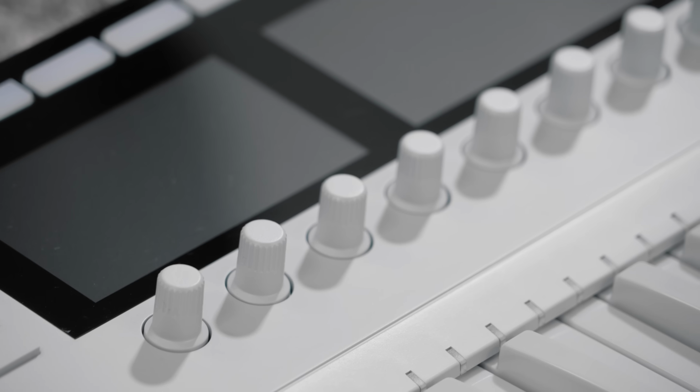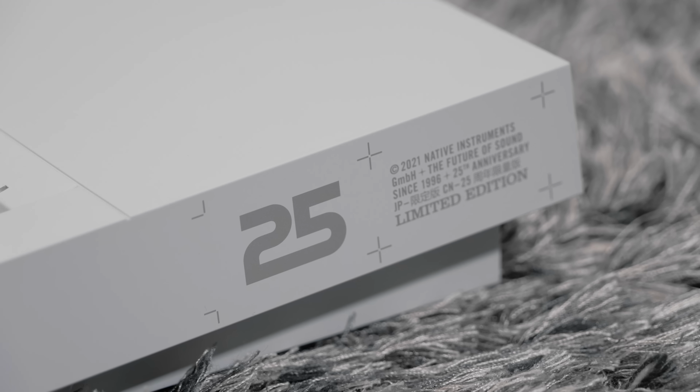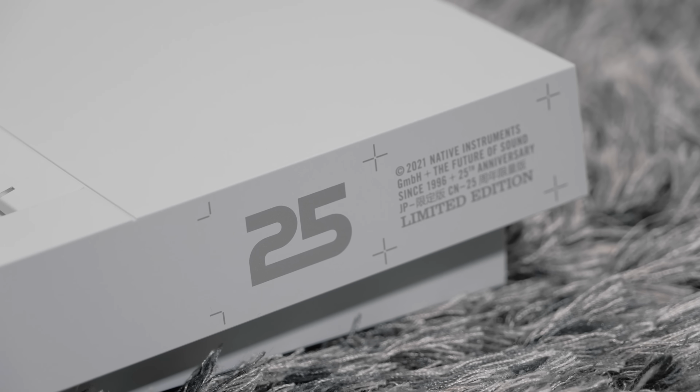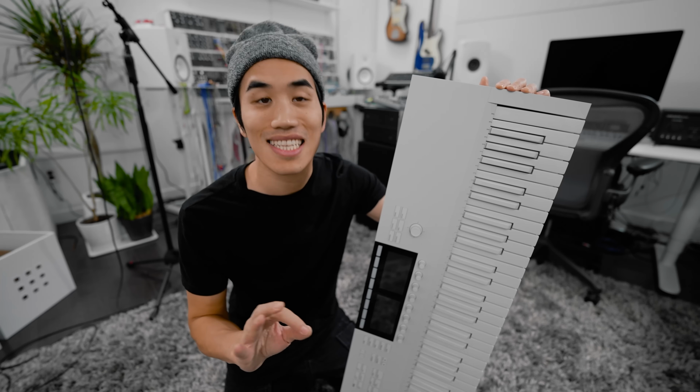I've been using the regular one for 7 years. So excited to replace it with this one that they sent me as part of their big 25-year anniversary celebration. Congrats, Native Instruments. Love everything you make. This is clean. And that's not even the thing I want to show you today, because we've got the new